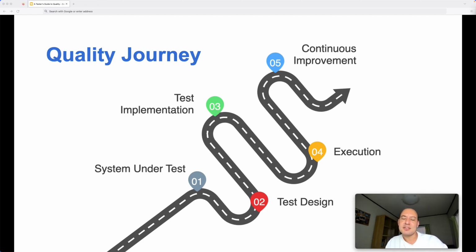So last but not least, quality is something that should be embraced by everyone in the team, everyone in the organization. Because if only certain people are trying to complete the quality goals or the quality related tasks, then maybe we will not be successful to achieve these quality goals, because we have to do teamwork. Otherwise, if everyone is not contributing to the same goal, if everyone does not have the same mindset, then it is not possible to complete the quality achievements.